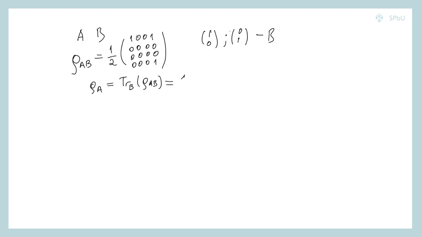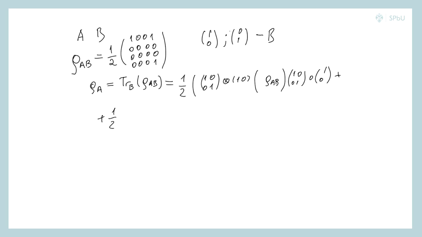So by definition, it's 1/2 multiplied by the tensor product of the identity matrix and the first basis vector of B, (1, 0), then rho AB, and again the tensor product of the identity matrix and the first basis vector of subsystem B, plus the same expression just for the second basis vector of B, 1/2 times the identity matrix